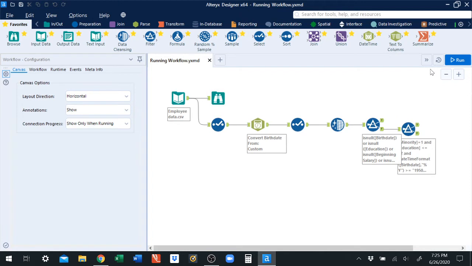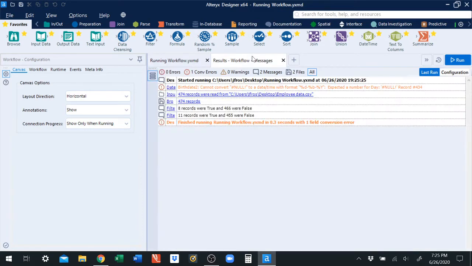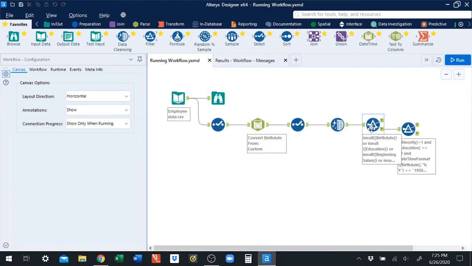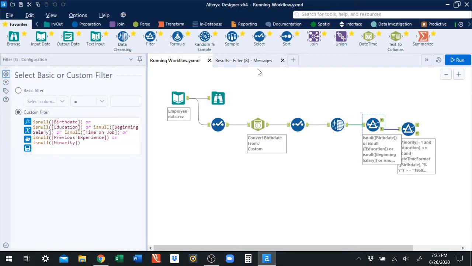and we can run this. What I've done is I've taken the results palette that's usually down here, and I've just put it up here to make it easier to see things. So if you recall, here was our data, and